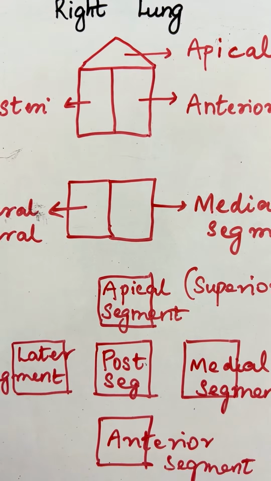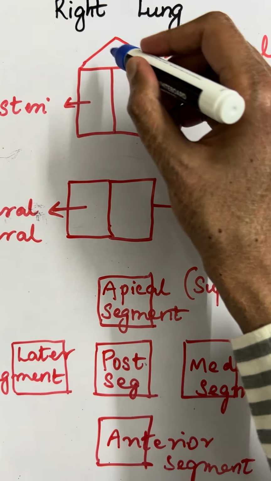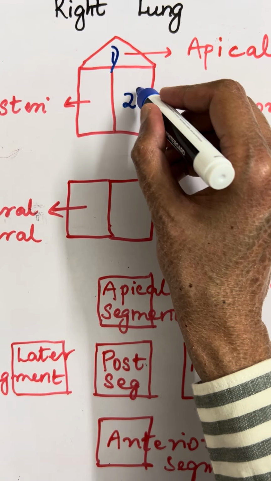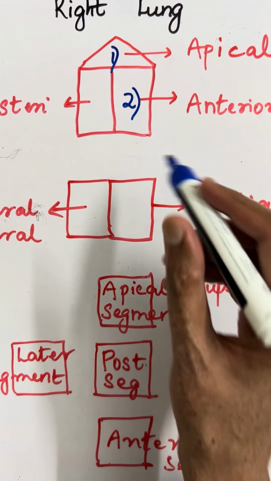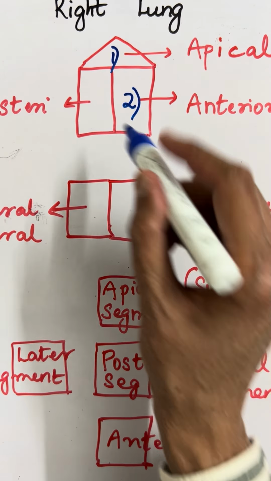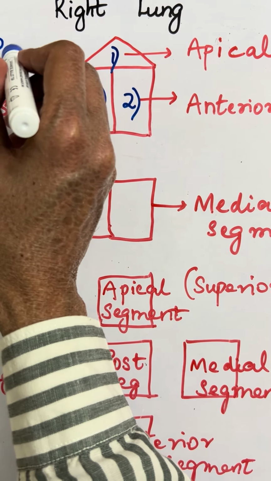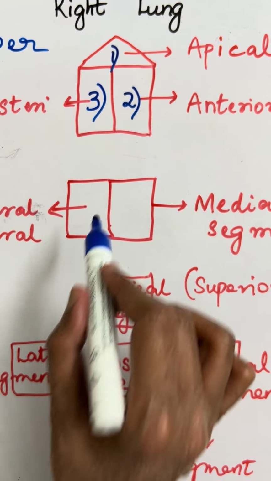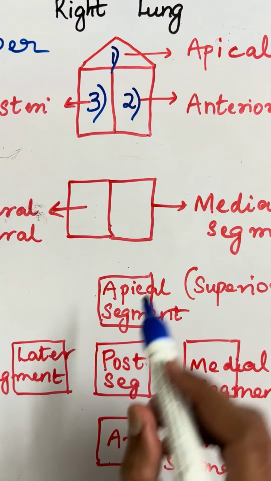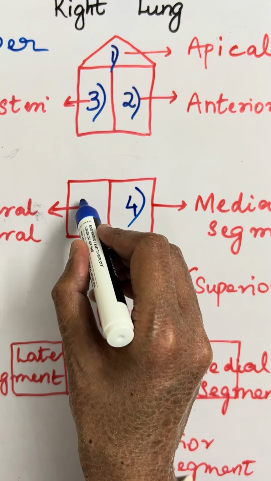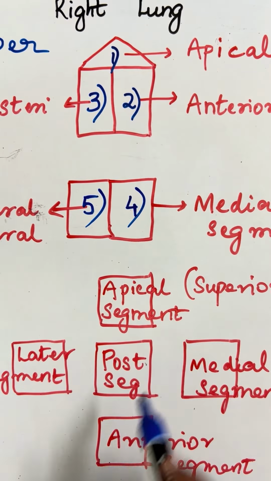Now, the right lung has 10 bronchopulmonary segments. One is the apical segment, second one is the anterior segment, third one is the posterior segment. So there are 3 segments in the right upper lobe, 2 segments in the right middle lobe, medial segment, fourth one, lateral segment, fifth one, and in the